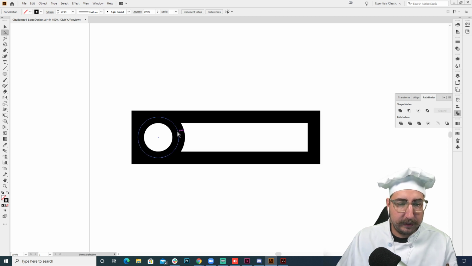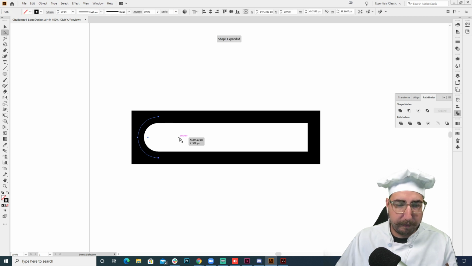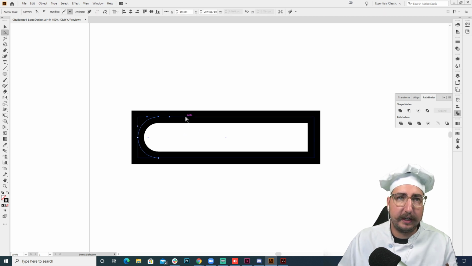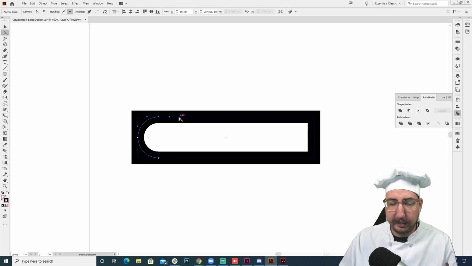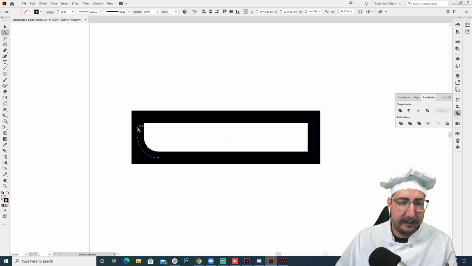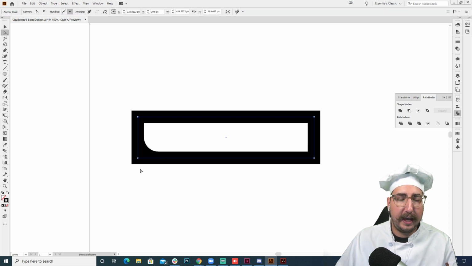But I know that I don't want the rest of this circle, right? I just want that bottom left curve. So I'm going to delete these anchor points using A, the direct selection tool, clicking on those anchor points and just hitting delete. I also know that I don't want this hard edge or this corner of this